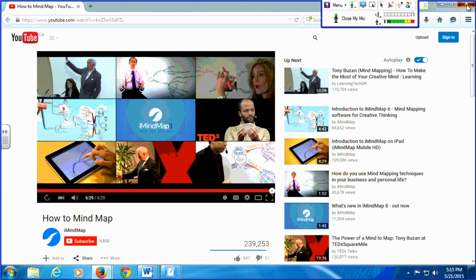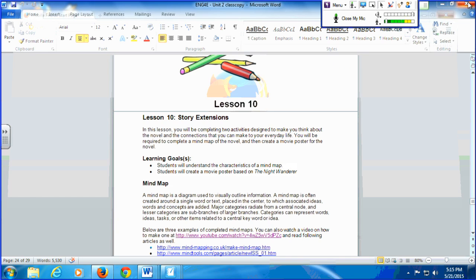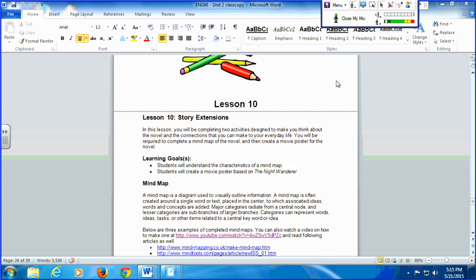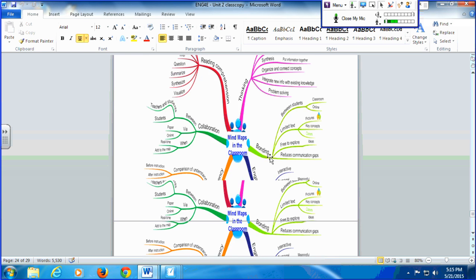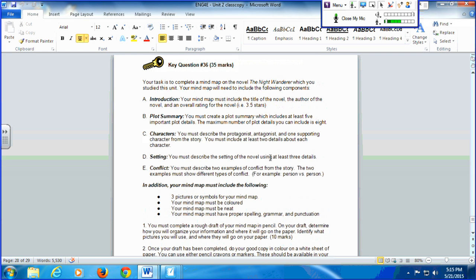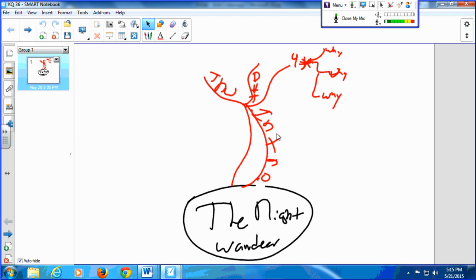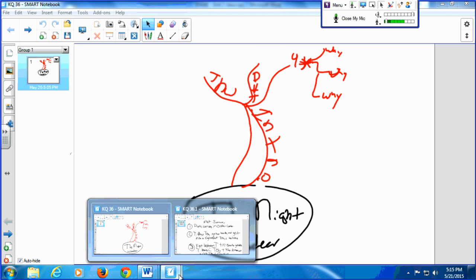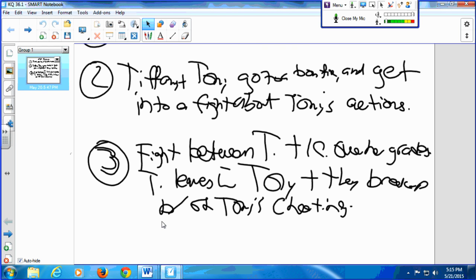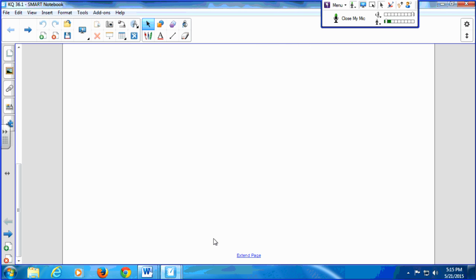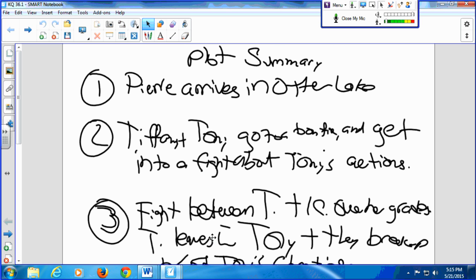We're going back to what we were looking at before. And what we were looking at is we started actually creating our mind map. You're doing this for key question 36. There's 5 different areas. So yesterday, we got as far as the introduction. And now we're looking at the plot summary. So we started here, and we'll keep going. You have to come up with between 5 and 8 important points